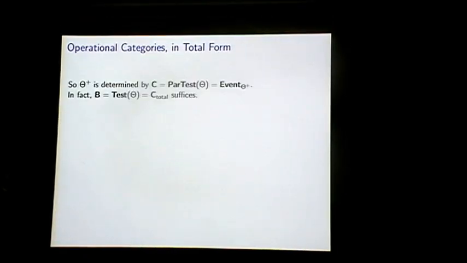Now there's another way. If we think about what we did, we started from our category and passed to its completion and said that thing was just described by one category, the category of events. That was the category of partial tests of our original category. You can do the same thing instead working with what you call the category of tests of your original category. So again, it would be like matrices in which each column just forms a test.